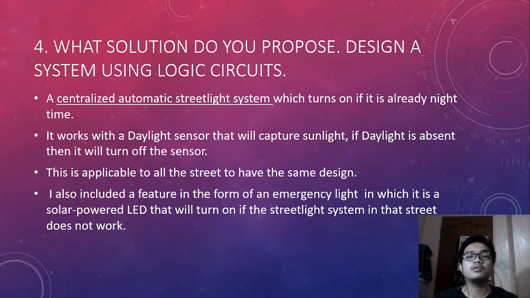Number 4, what solution do you propose? Design a system using logic circuits. So I proposed a design that will somehow solve the problem. A centralized automatic streetlight system with the use of logic gates. It works with a daylight sensor that will capture sunlight. So if daylight is absent, then it will automatically turn off the sensor and at the same time automatically turn on the streetlight system. This is applicable to all the streets that have the same design,